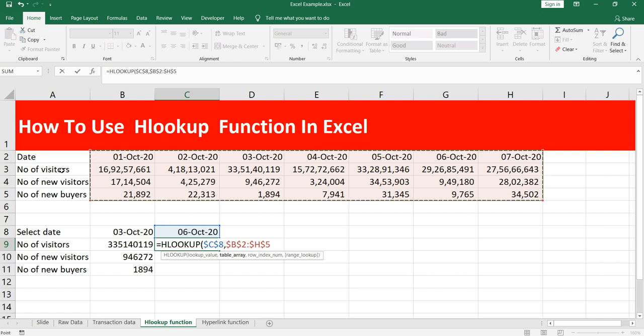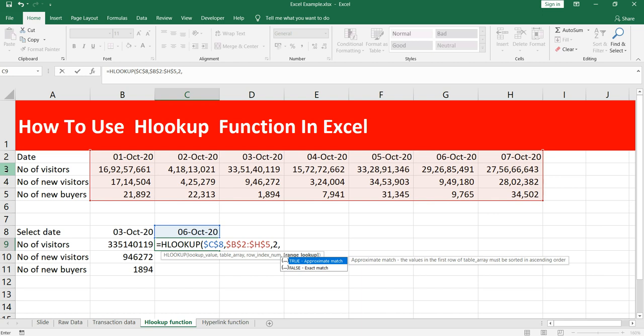But for our reference in HLOOKUP, what we have done is that we have given B2 till H5. So B2 is our index 1. So this row 2 becomes our index 1, then row 3 becomes our index 2. I need number of visitors for this 6th October, so I'll give index number 2.